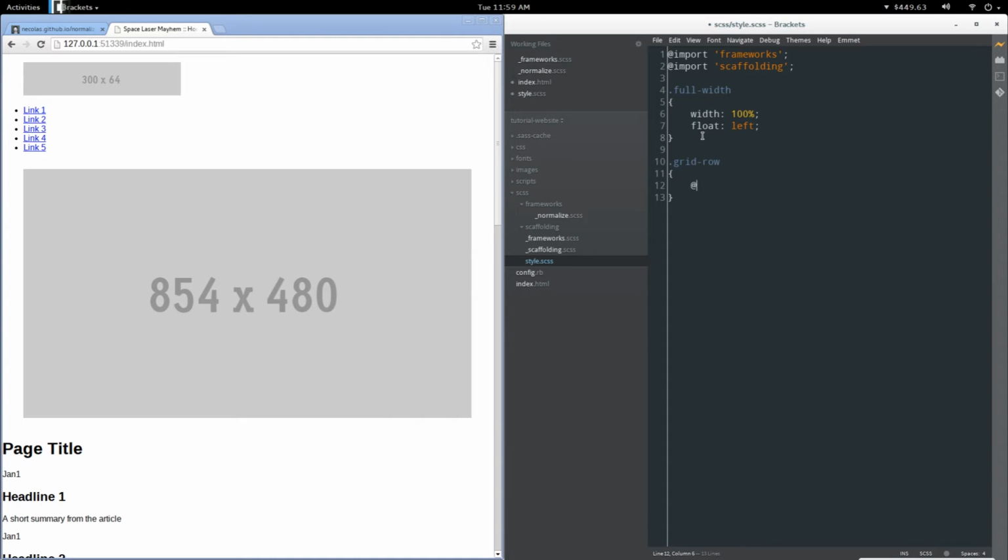And this will actually be a SUSE container, so we're going to include container here. Now for this we may want to go ahead and configure some of the SUSE global configuration, which in this pre-release version of SUSE that I'm using actually uses a SAS map for that. So we're going to be using a 12-column grid, and we're going to set the gutter width to be 1/4 of the column, so gutters 1/4. For now we're going to be using inside static gutter position,